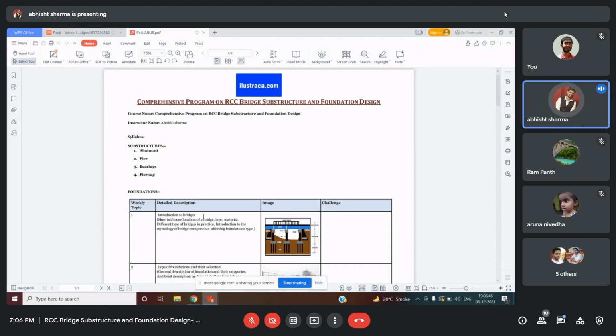In this one, we will not talk much about the basics of bridge engineering, because we have covered in detail each and every definition of the bridge components and their associated terms. Everything we have already discussed in detail. So in this one, we will start right from where we left off in the superstructure. After the superstructure, we will do just a rough touch on the introduction to bridges